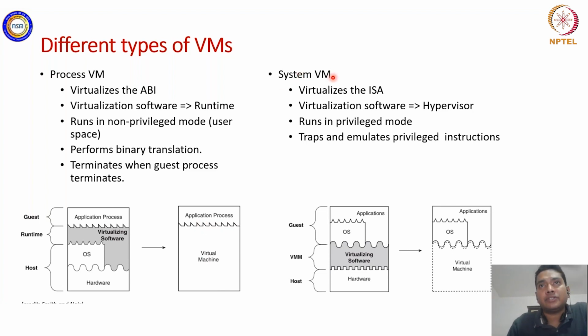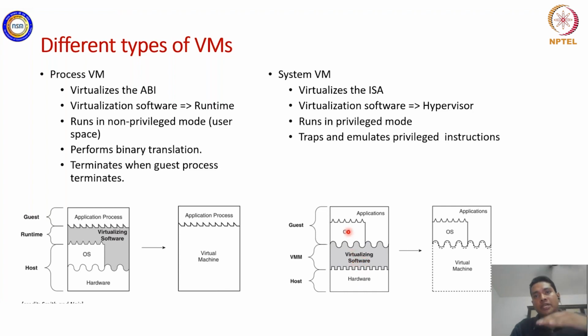Now system virtual machines are virtual machines which virtualize the ISA itself. So process virtual machines virtualize the ABI, while here in system virtual machines, we are virtualizing the ISA itself. Now ISA means the underlying interface between the OS and hardware. So basically this was the ISA, and now we are virtualizing this. So this virtualizing software will run in privileged mode. Basically it will query the hardware for the privileged instructions,